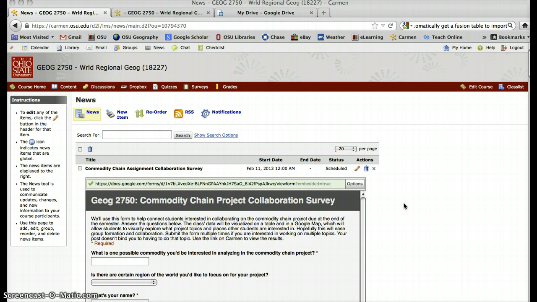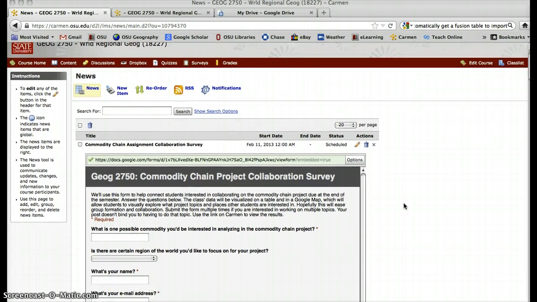The commodity chain project is due at the end of the quarter, and you'll be expected to form groups and look at a specific commodity and trace how that product gets made in the world, what resources go into it, what labor goes into it, and sort of map that out and present that in a virtual poster session to